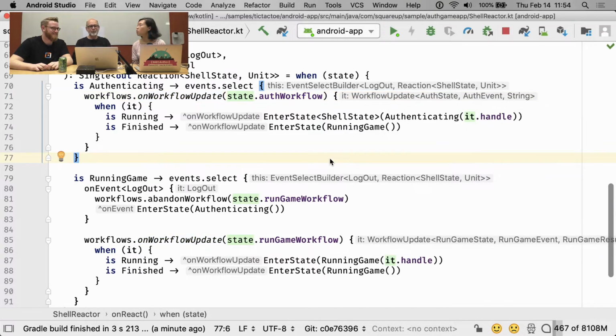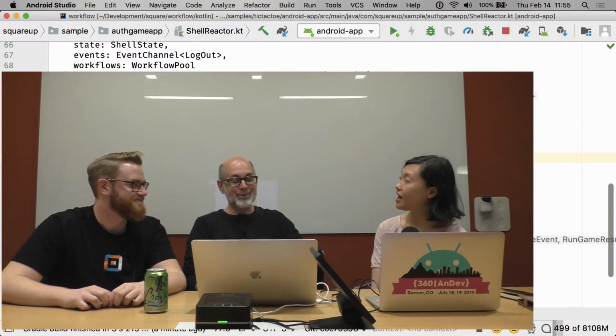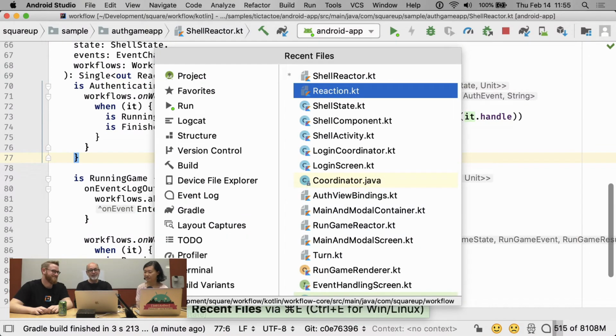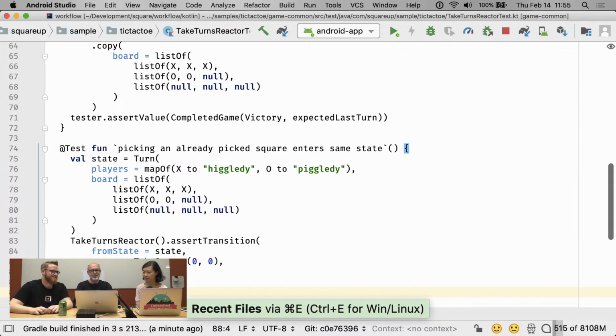So one cool thing about this particular bug, that made me excited when you told us you found it, was that I actually had a unit test that should have caught this bug. And so what I told you was, oh, no problem, that's unit tested, so I know it must work in the state machine, so it must be an integration problem somewhere. But I was wrong, because when I looked at my unit test,